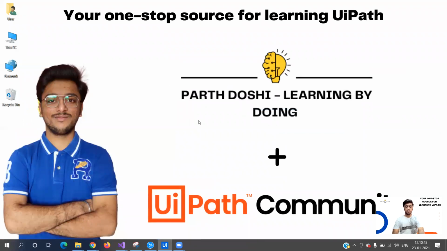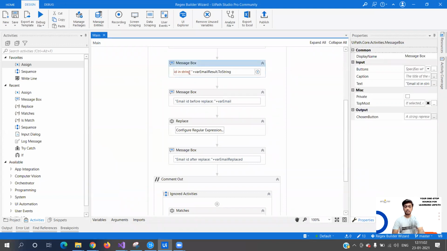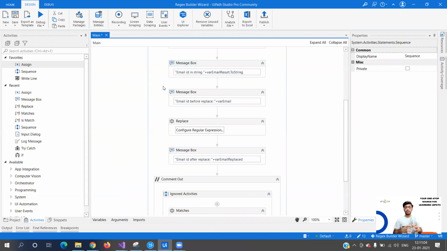Run file. Now it is existing. So email ID in string is true. Okay. I forgot to add space. Before replaces my email ID is a@b.com and after replace my email ID is c@d.com. Now, if you see, it was so simple to again construct a replace regular expression. So we simply just use the same regular expression and we were able to replace the value.